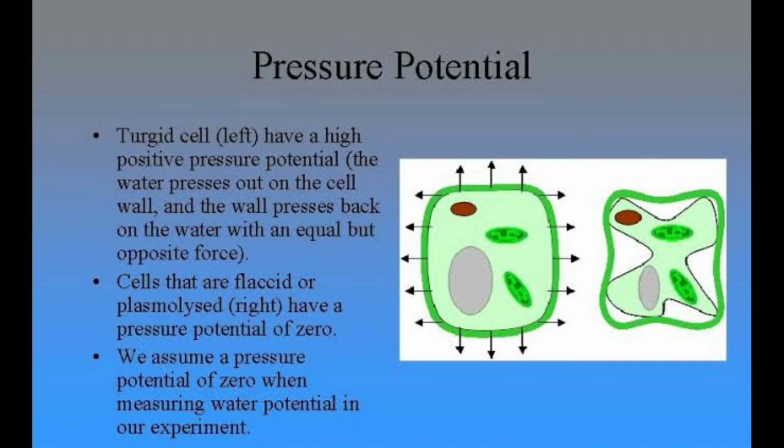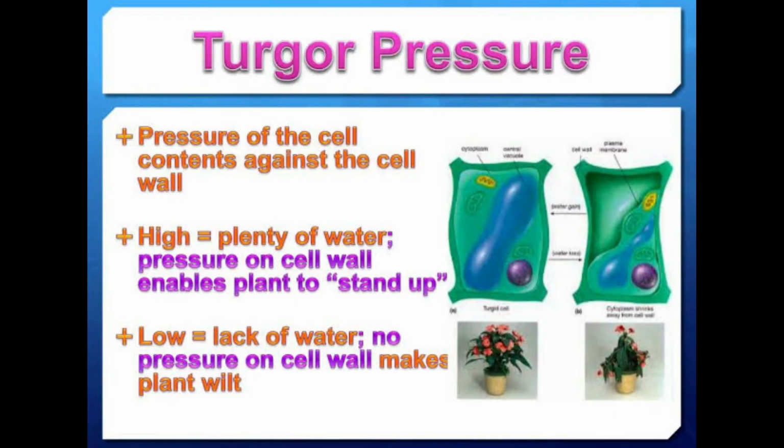So turgor pressure is ultimately responsible for enlargement and extension of growth of a cell. Remember, turgor pressure is normally seen even in raisins, Endodraksha. If you keep dried grapes in water for a while, you might have seen that the raisins imbibe water and become normal looking grapes. That's a definition, so we keep those definitions.